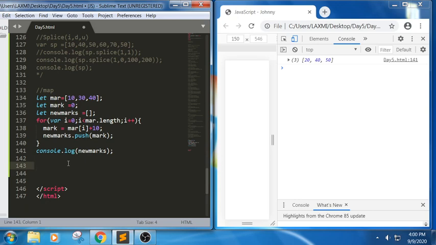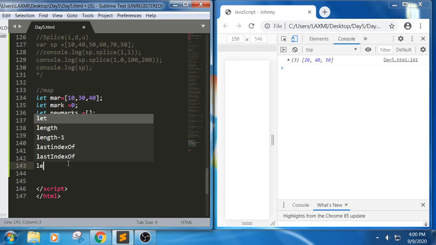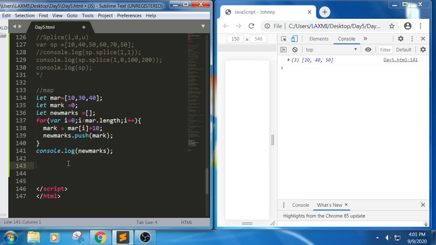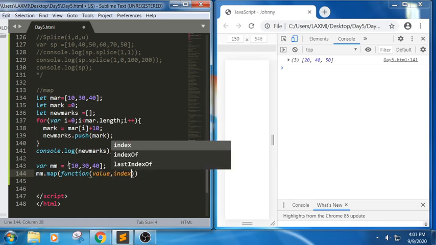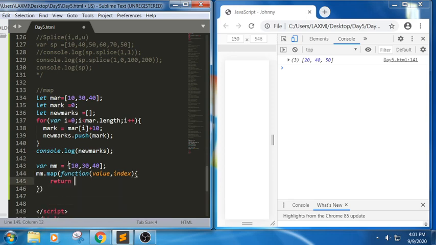Now if I want to write the same thing, let me write let equal to the same values, 30 and 40. See how we can implement the same thing with map. Dot map, a callback function with the value and the index, and in this we put a return, whatever value it accesses, plus 10.